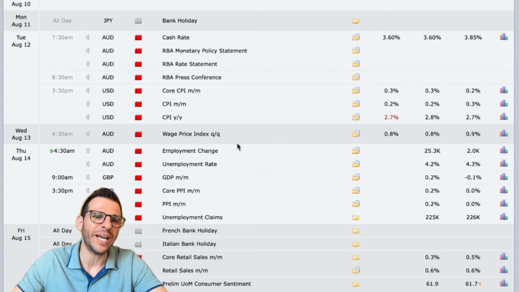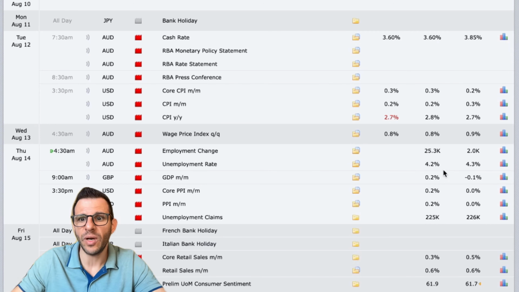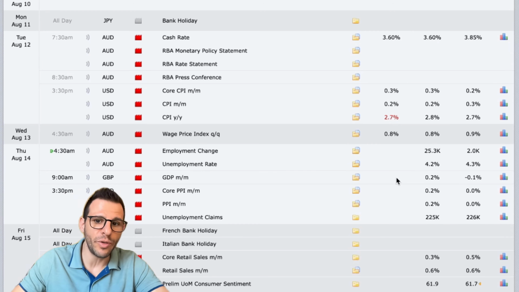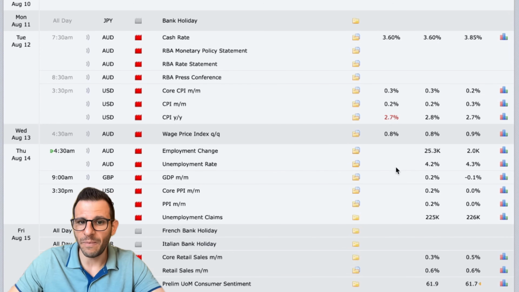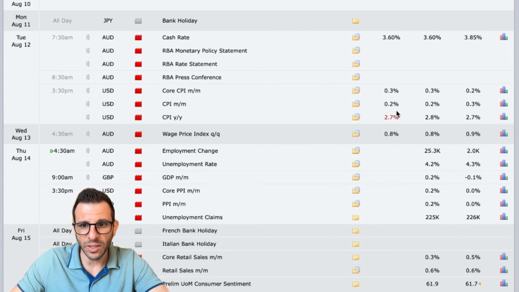It's not a significant event that highly impacts the Australian dollar, but our focus will be tomorrow on the Aussie with the unemployment rate. If the unemployment rate drops, it means fewer people receive government benefits, and if at the same time the market follows through, we're going to see a strong Australian dollar, at least against the US dollar, because the US dollar, as per the weak CPI, might get affected by some bullishness on the news of